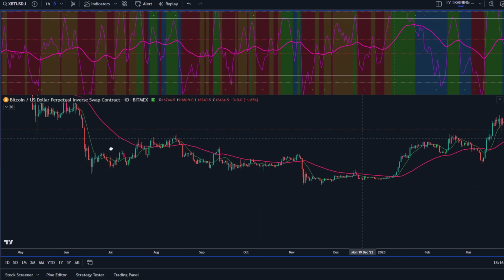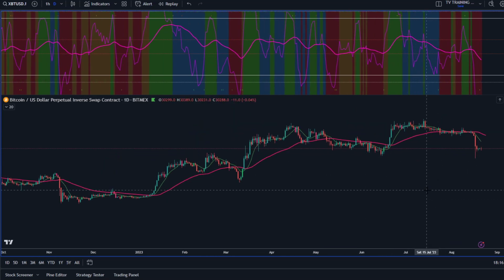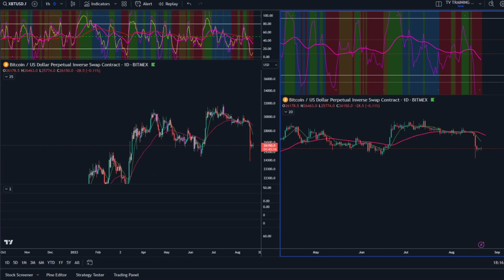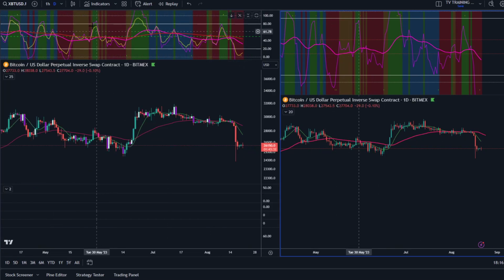So why did I bring all that up? Well, this is a daily time frame. Now, you can normally split the screen and have your daily on one screen and your 4 hour on the other, because this video is actually about a daily to a 4 hour. We're going to look at the 4 hour versus the daily. You can split the screen because you're not going to look back in time. I'm not going to split the screen because it's going to make it too small for you. But you can, and you'll know, are we red? Are we blue? Are we green on the daily? We're going to talk about that.